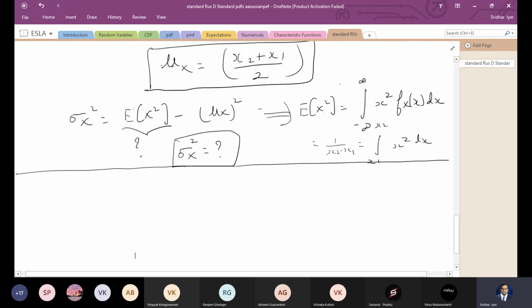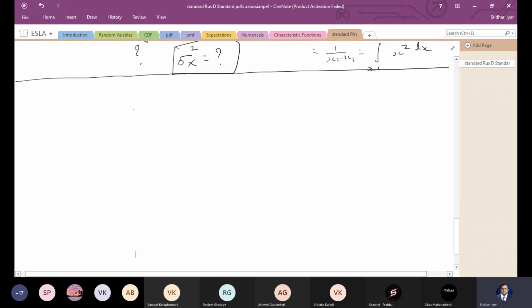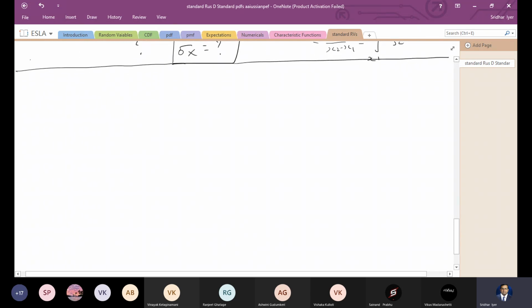So this is the one that is known as the uniform random variable. We have not completed the uniform random variable. You are still to tell me what is the second order moment and what is the variance value for this uniform random variable. Don't worry, I'll also solve it with you, but I want you to try it. It's basic integration that you need to apply.